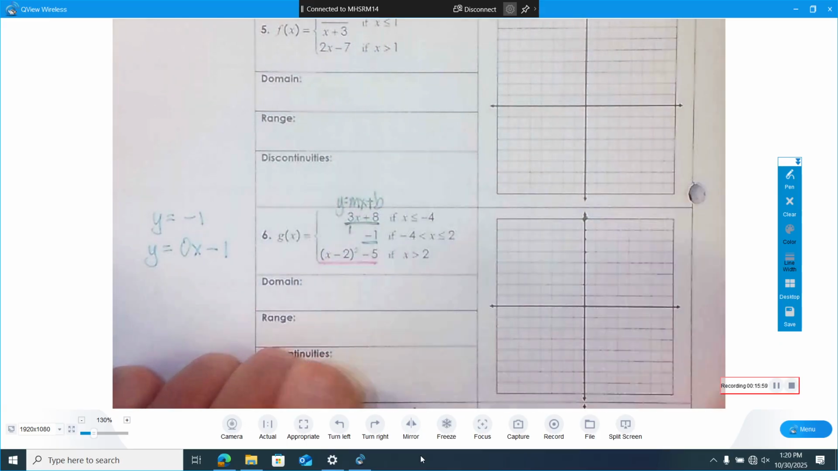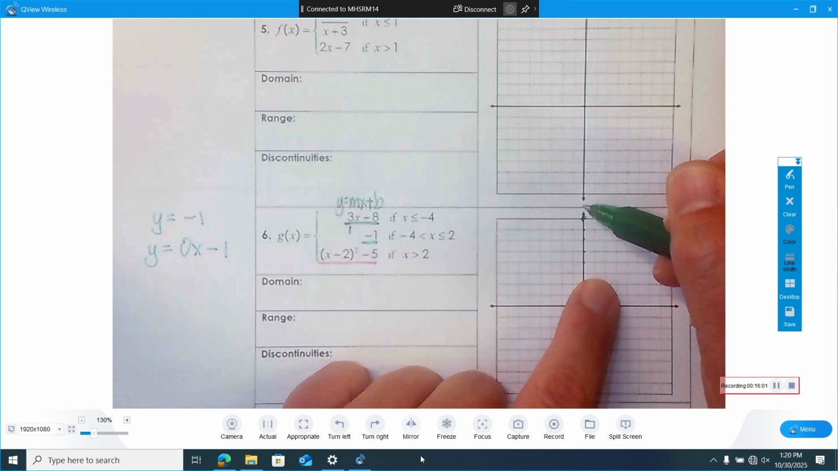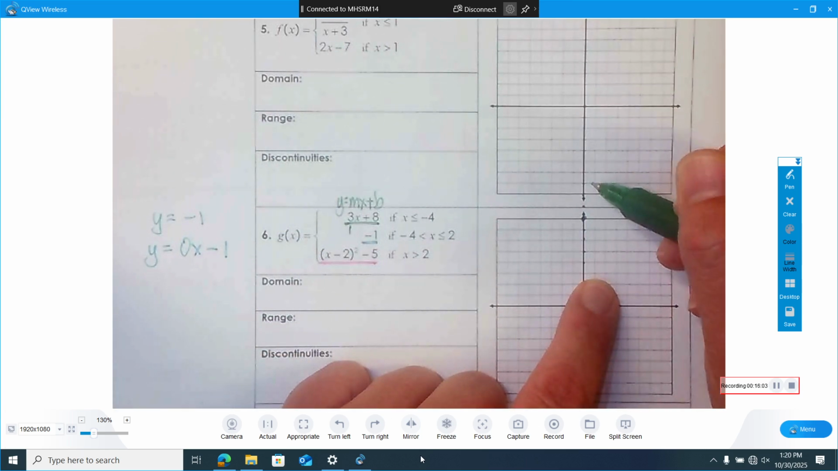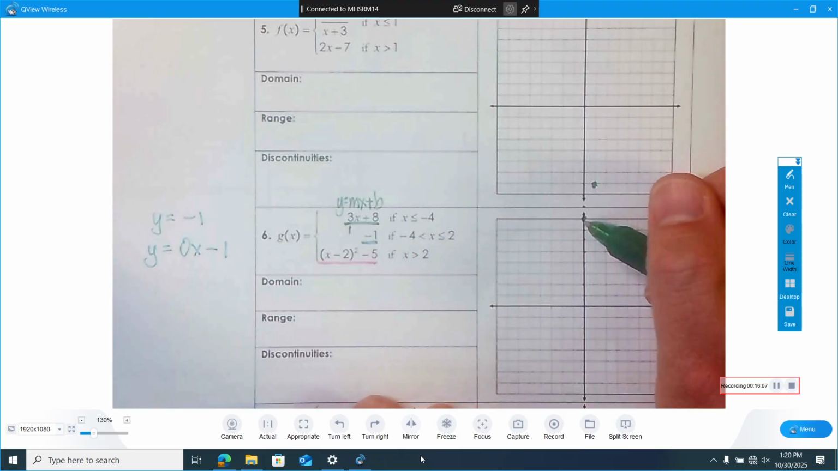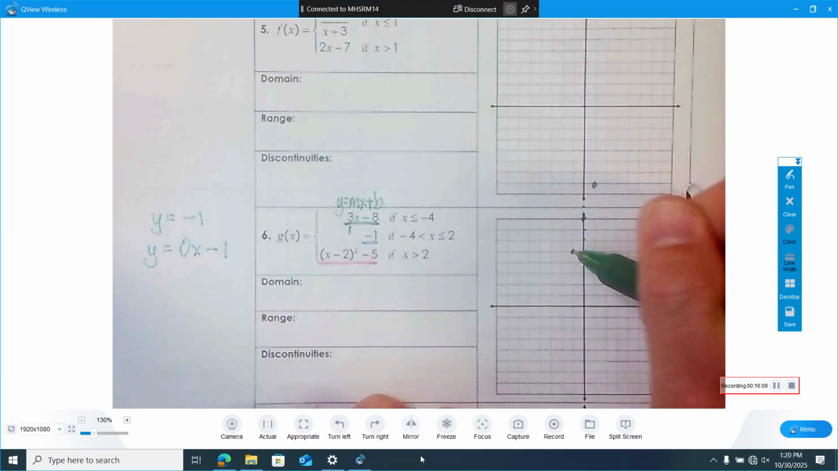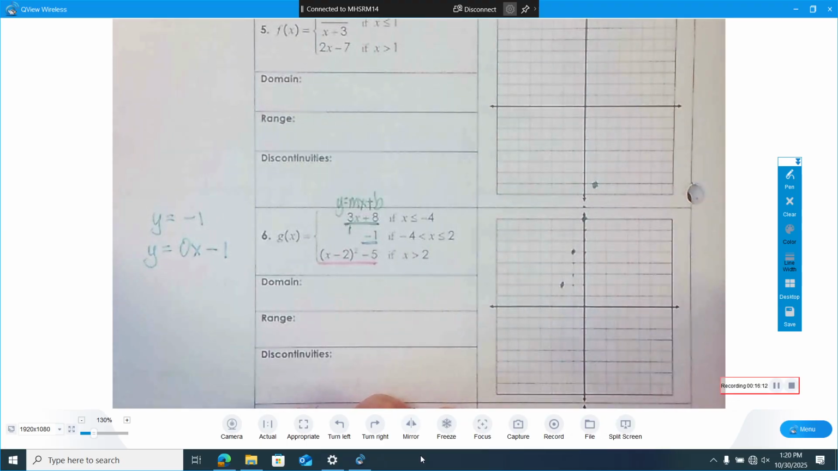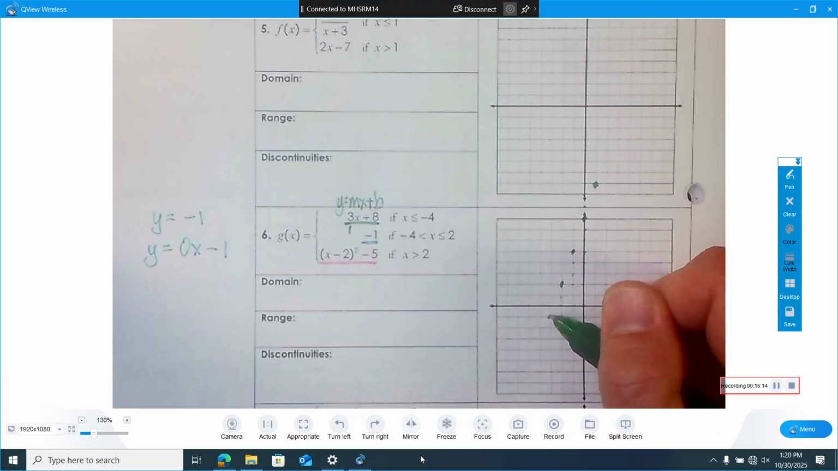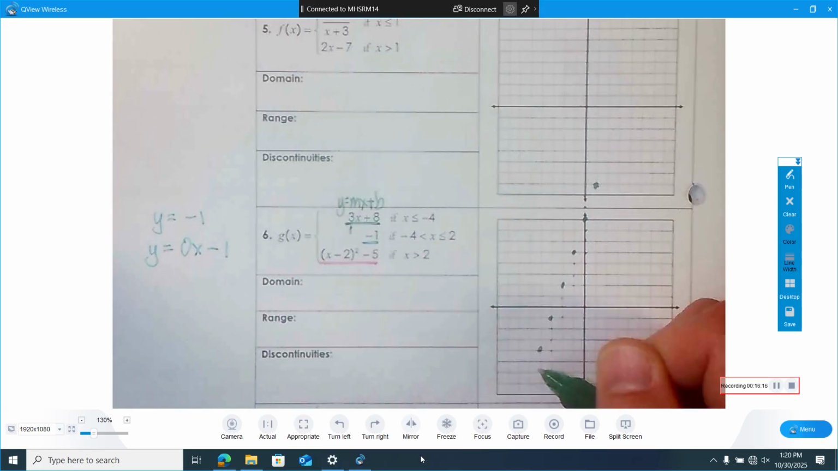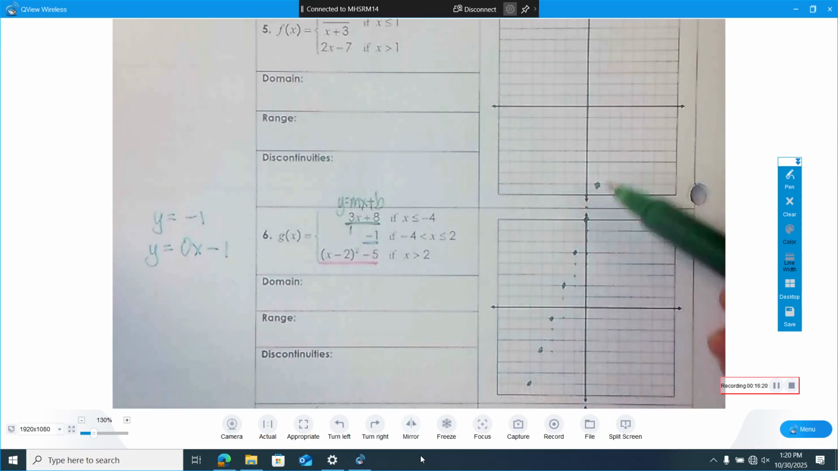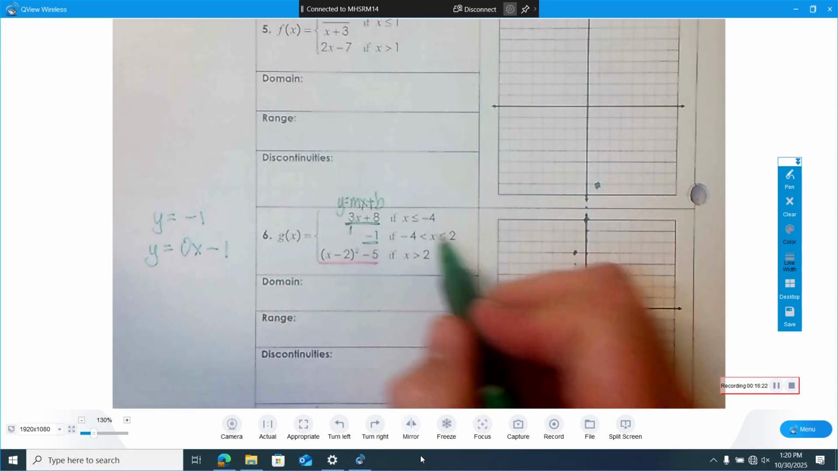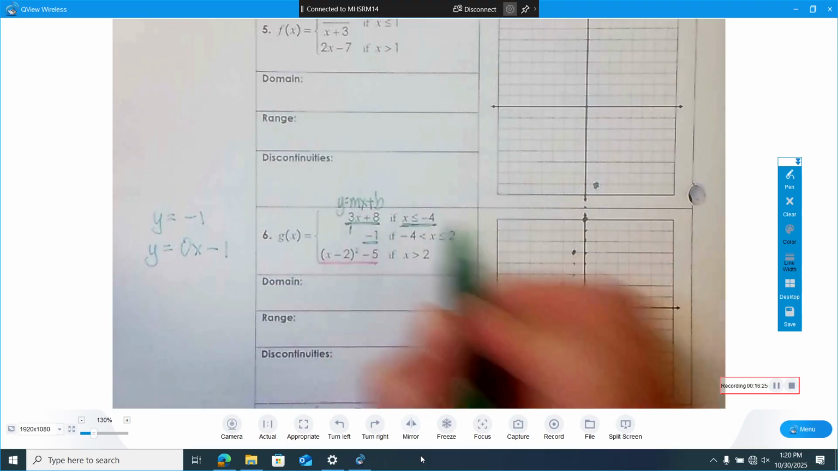3 over 1, which means I'm going to go up 3, 1, 2, 3 over 1. I'm off my graph, so I'm going to go in reverse. I'm going to go down 3, left 1, down 3, left 1, down 3, left 1, forever and ever. Okay, there we go. So here's my big long line, but I only want to see this line for x